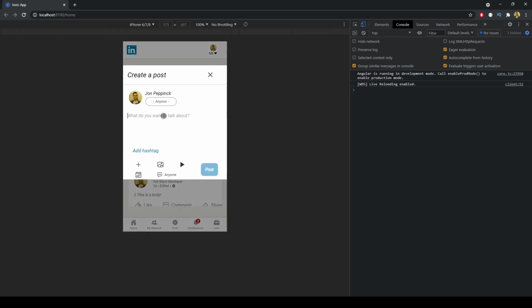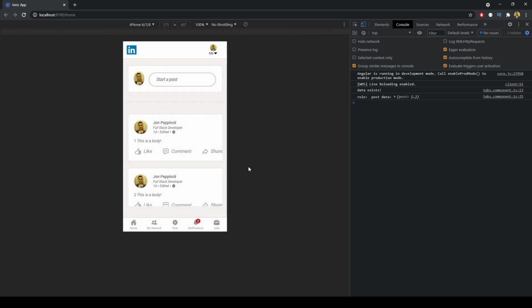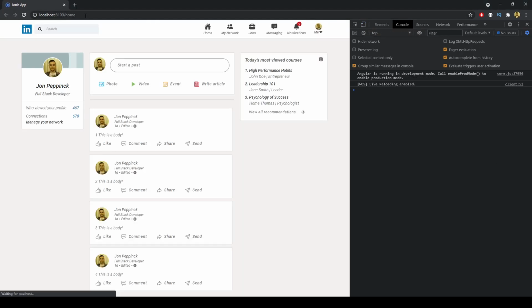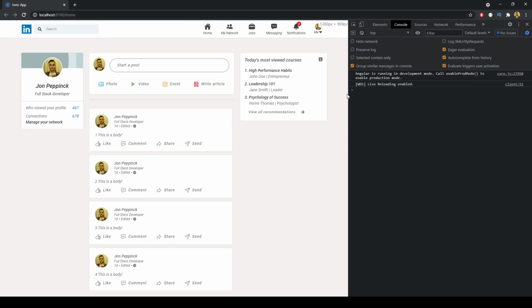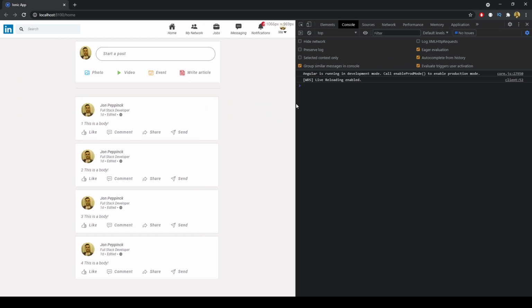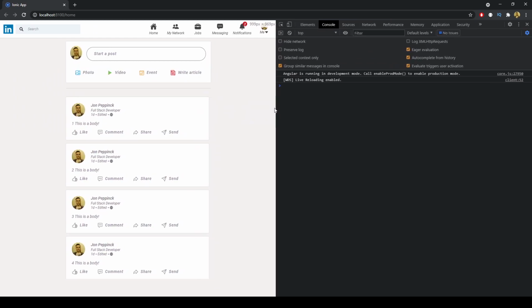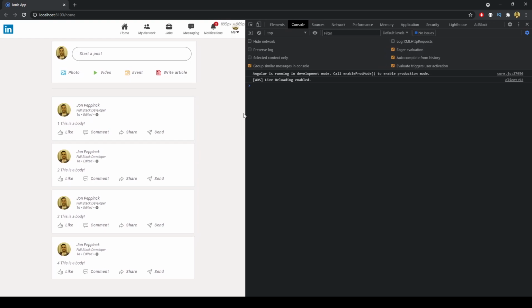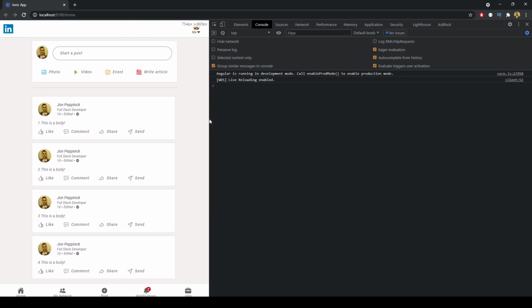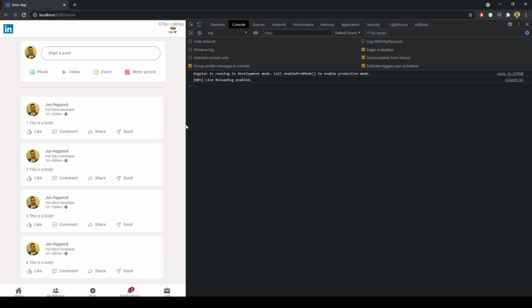And there we go. So let's say hello. We can post something, and we get that data back in the component. Now let's check that everything else is working when we resize it. So we have our desktop view, then our summary and advertising components disappear at the breakpoints, then the search bar does, and then some of the icons in the navigation bar do, and then it gets brought down to the bottom here,